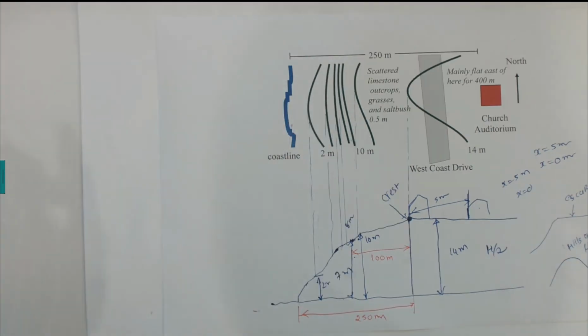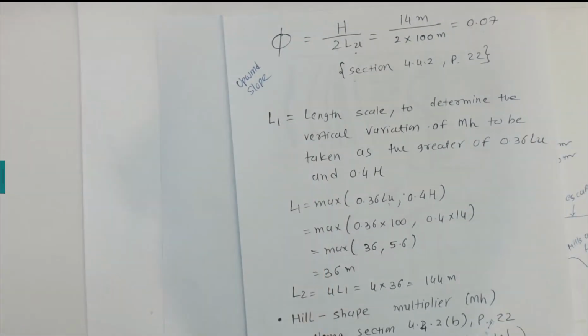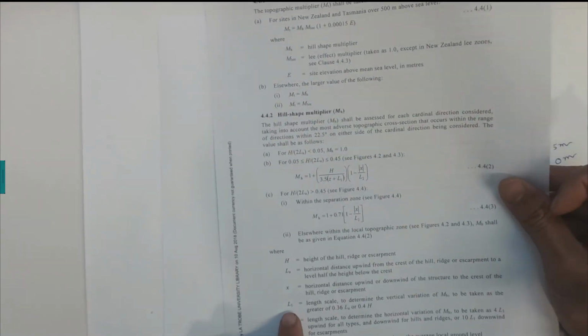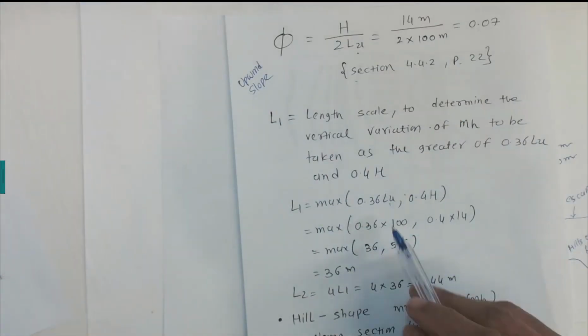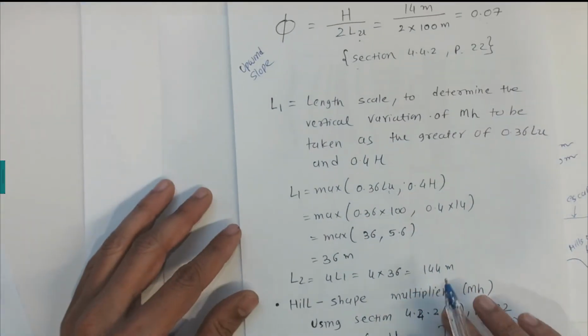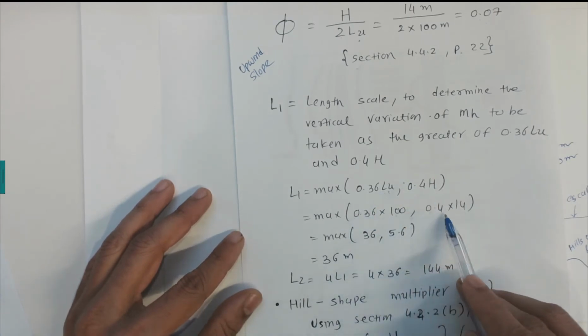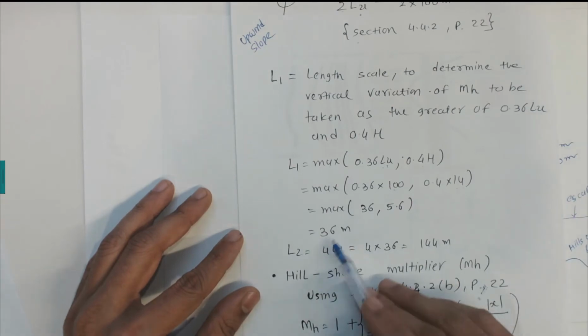Now we need some information, which is length L1. So length L1, we have some information given here on page number 22. It is a length scale for determining the vertical variation of MS, to be taken as the maximum between 0.36 LU and 0.4 H. LU we calculated as 100 meters, so 0.36 times 100, and height H is 14 meters, so 0.4 times 14, which gives us 36 and 5.6, so 36 meters as